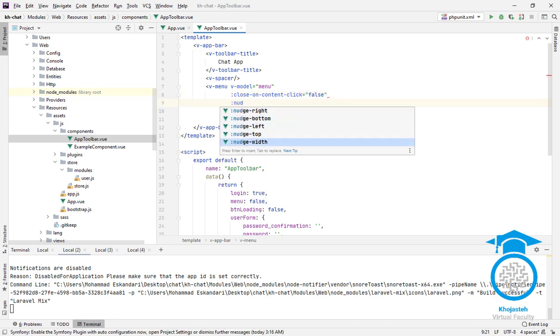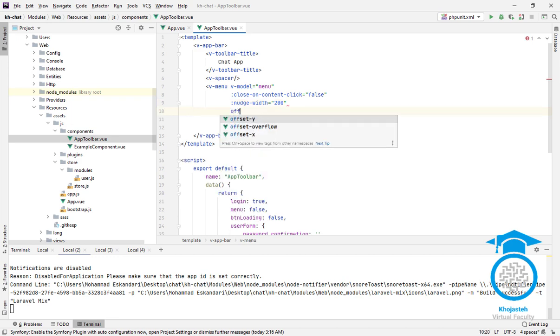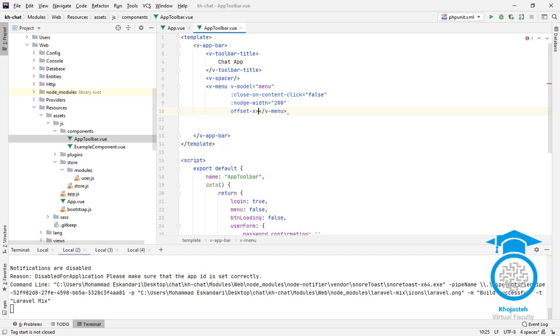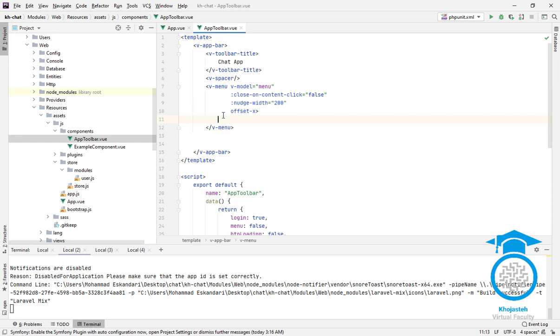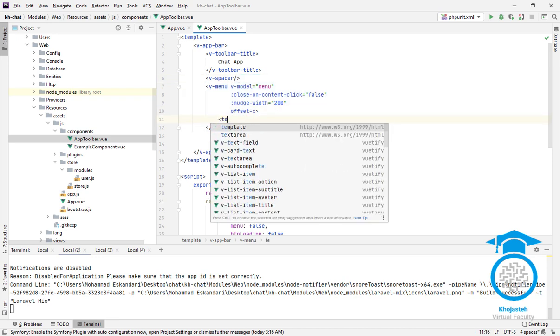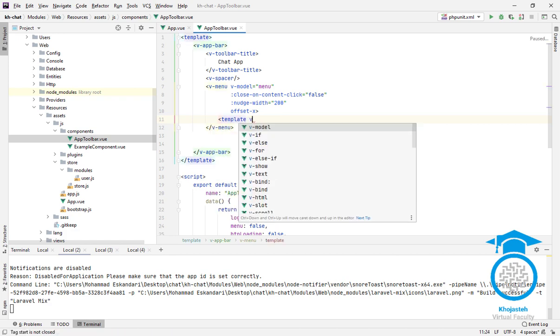Let's set this to 200 and offset x. Great, we need to add a button now to simply trigger this menu to show in our page. We can simply add the v button or button outside of menu, or just simply use template slot to show this menu. So I'm going to use template v slot